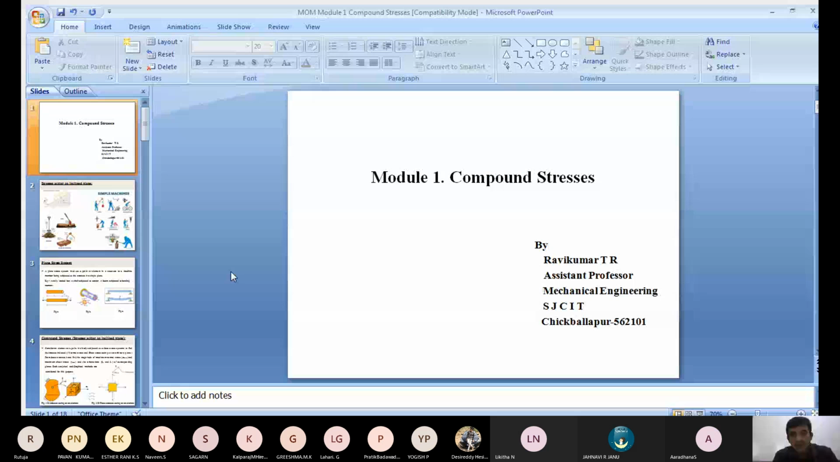Yes, sir. Last class we discussed compatibility or continuity equation, and after that we discussed compound stresses. So directly I'll go for compound stresses. Compound stresses are nothing but two or more stresses induced in a component, right? When the component is subject to two or more stresses,